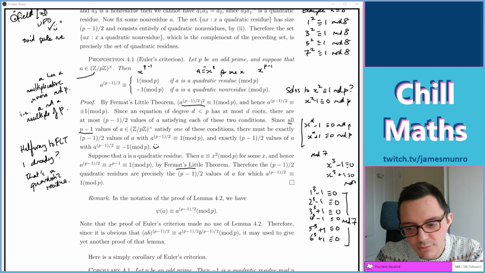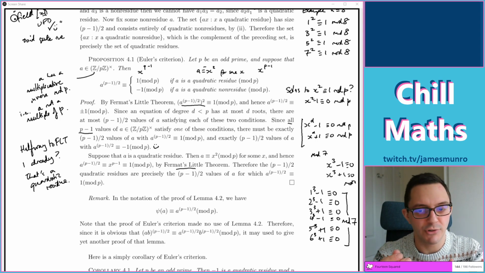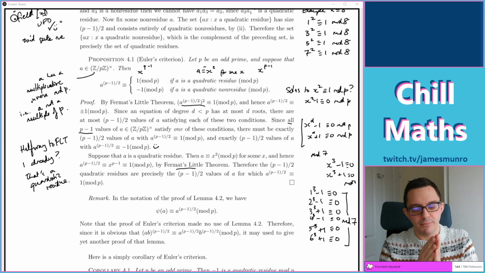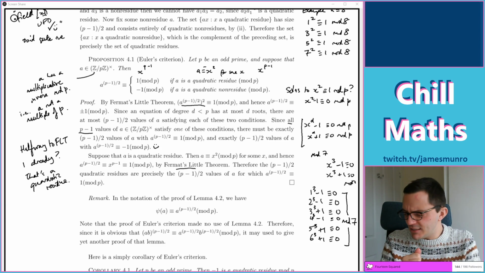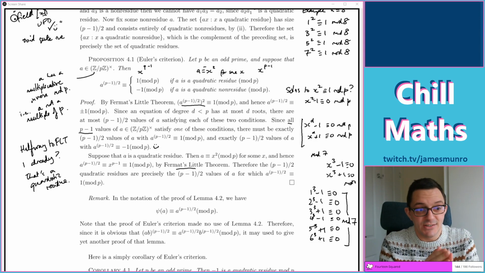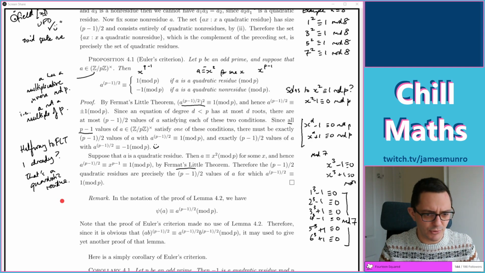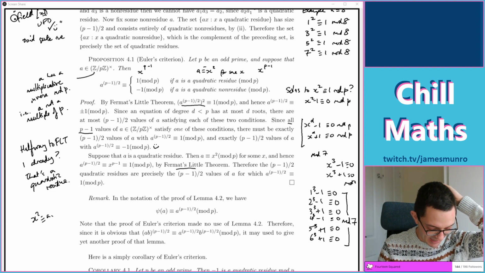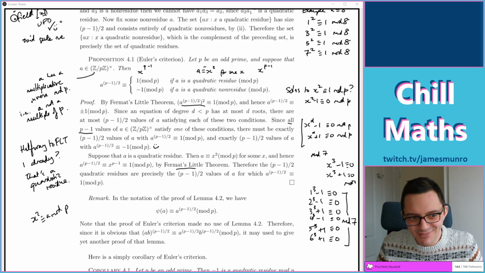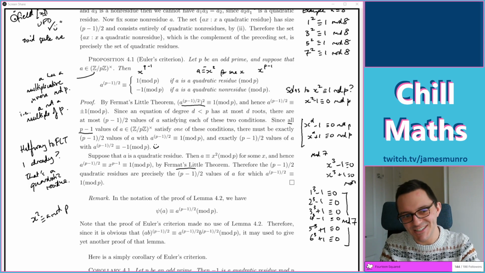So when you're looking for quadratic residues or trying to analyse quadratic residues, the question you're answering is: which numbers from 1 to p have a square root modulo p? Can I find something else that squares to give me that number mod p? There's a little bit of a weakness here: if x is a square root mod p, so is negative x. The equation x squared equals a is a quadratic, and quadratics mod p are nice. They have at most two solutions.